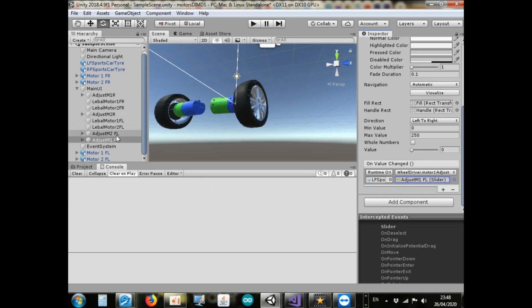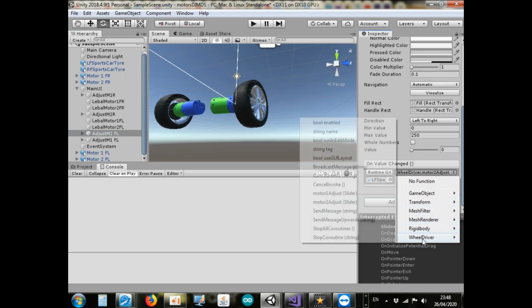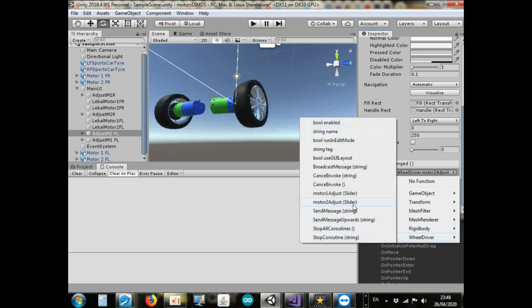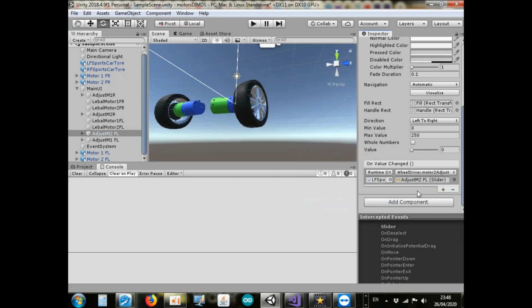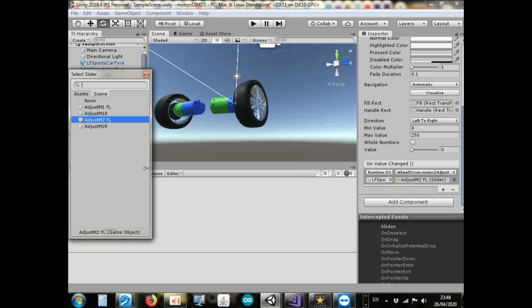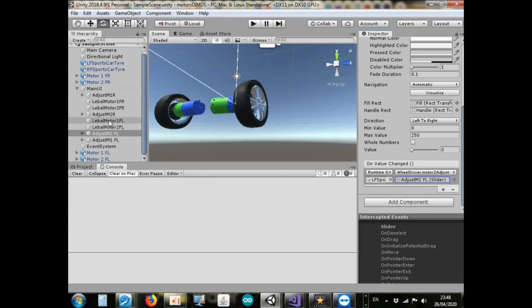So that's set up. Now I want to set up adjust 2. Adjust 2 has got the front left sport tire there already. Go into here, we take motor 2 for that, and then we take that, adjust from motor 2 left. There you go. So this should be set up